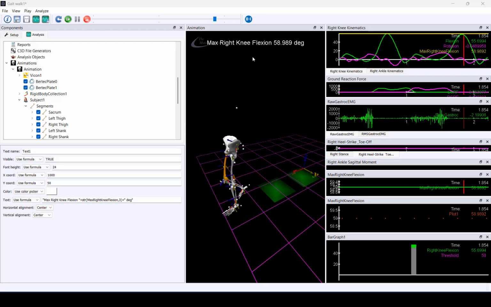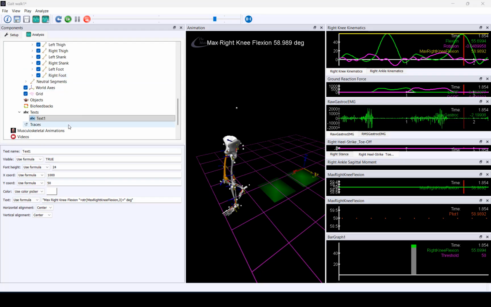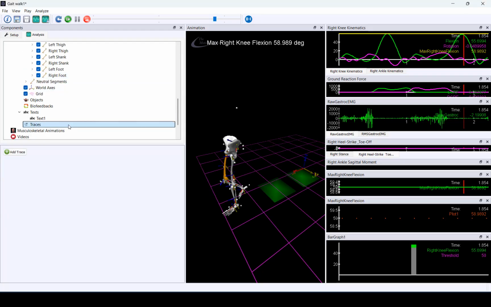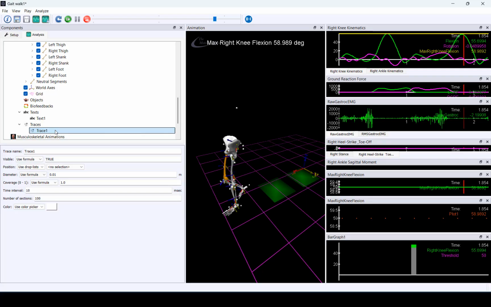Traces can be used to visualize the movement of the body during different activities. In this example, let's add a trace to the sacrum. Right-click and add a trace. Selecting the trace 1 brings up a parameter panel where we can set up this trace. Under position, we can define what we want traced. In this case, we will define the sacrum position by selecting